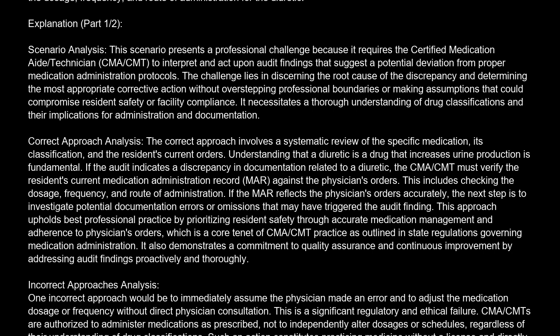Incorrect approaches analysis. One incorrect approach would be to immediately assume the physician made an error and to adjust the medication dosage or frequency without direct physician consultation. This is a significant regulatory and ethical failure. CMA/CMTs are authorized to administer medications as prescribed, not to independently alter dosages or schedules, regardless of their understanding of drug classifications. Such an action constitutes practicing medicine without a license and directly violates regulations that define the scope of